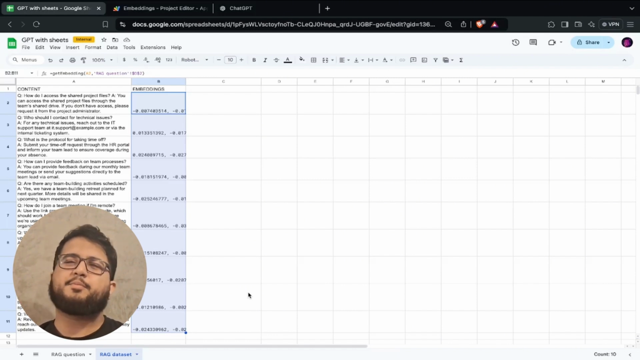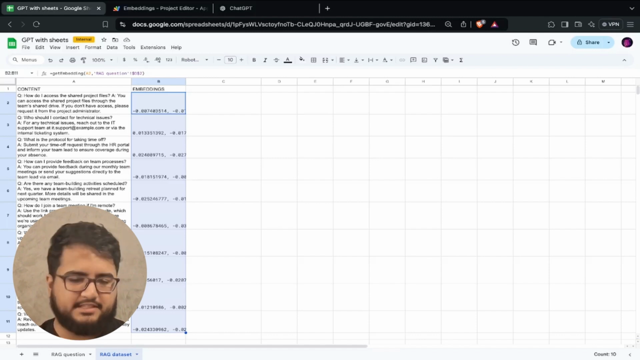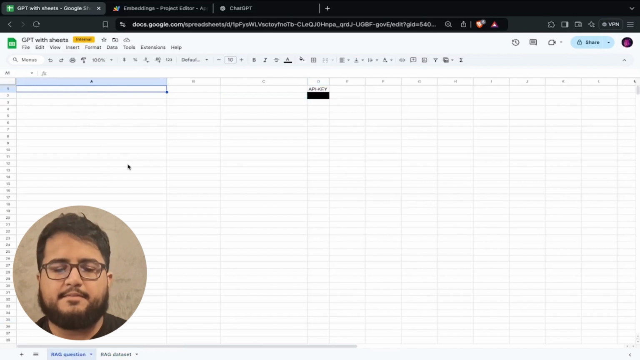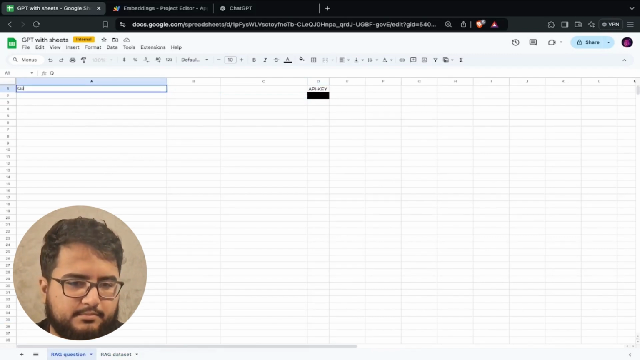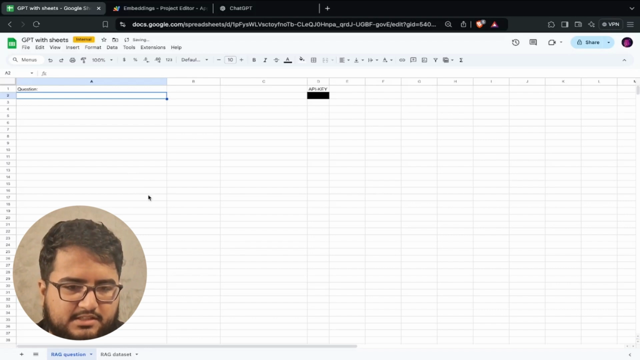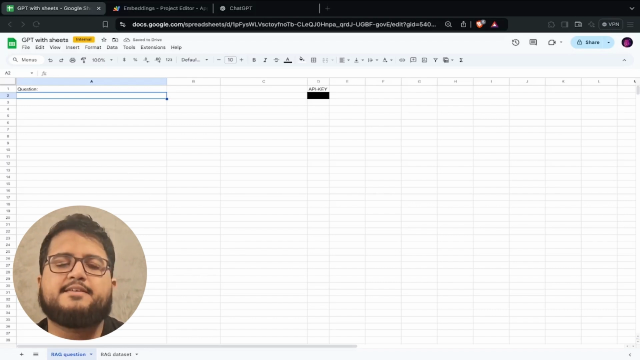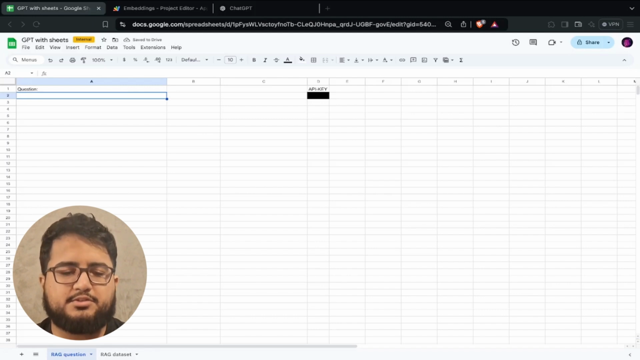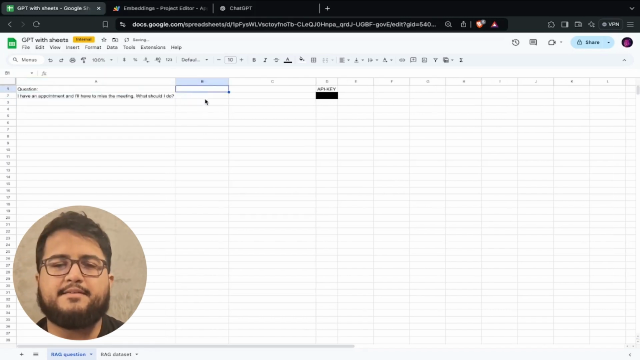In this section, we will be discussing and analyzing the preparation of the questions. In cell A1, we can put the question there. As an example, I will put here a very simple question, which is, I have an appointment and I will have to miss the meeting. What should I do? Now we need to get the embed for this question using that same function we already